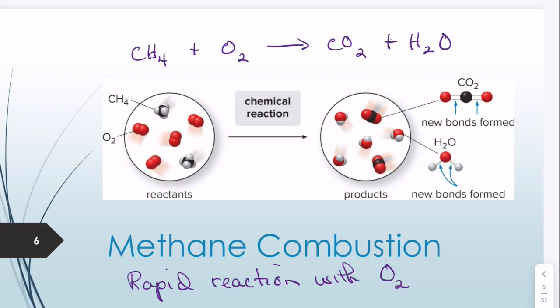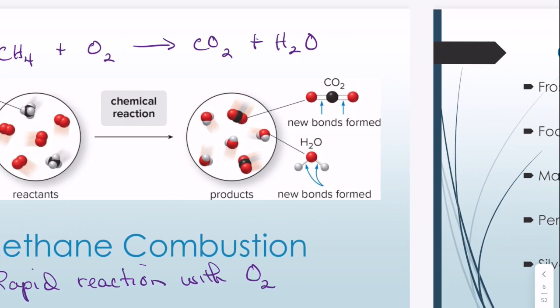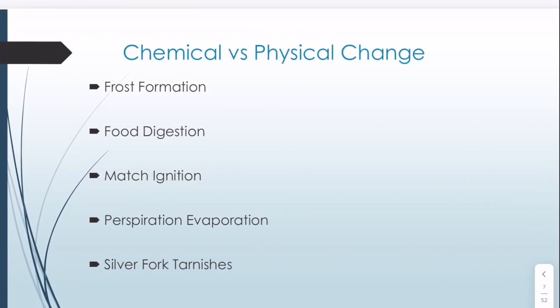But before we move on to that, let's just go through a simple discussion here of these different types of processes and determine whether they're chemical or physical change. The first is frost formation. Now, frost formation, we see this on a cold night, frost forming overnight. When you wake up in the morning, you'll see frost in the grass or on various surfaces. Exactly what is that?